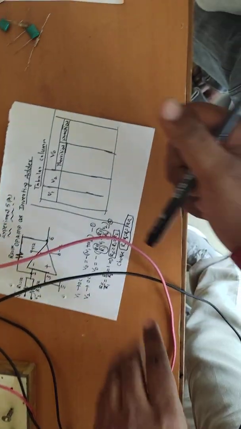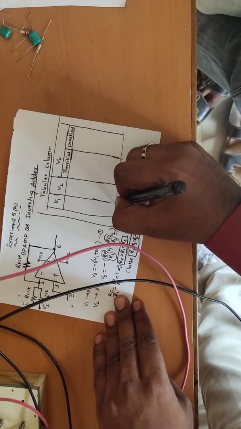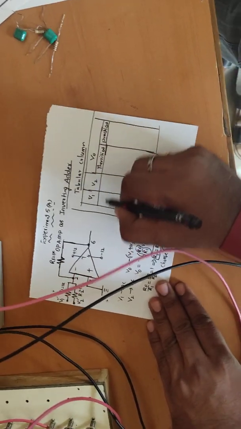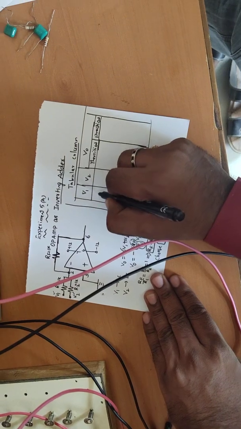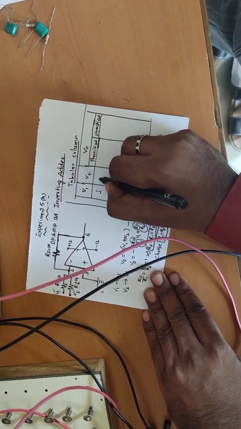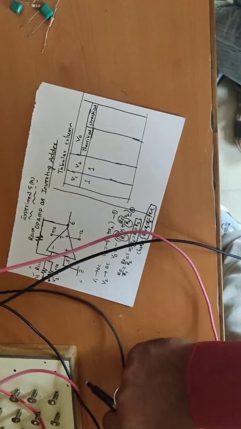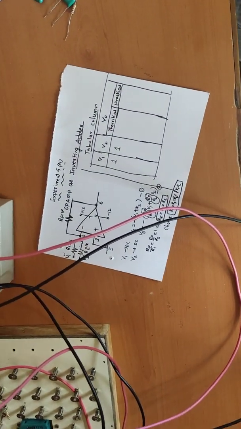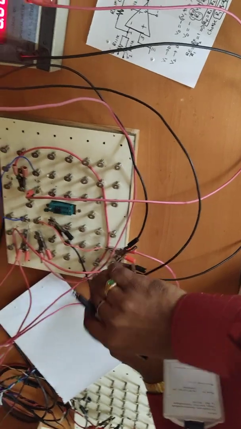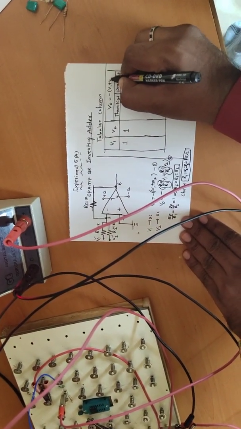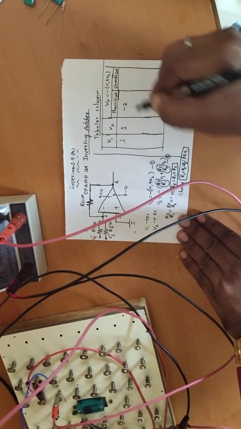So now I will give finite values for V1 and V2. I will demonstrate the adder working for 2 different values of V1 and V2. First let us keep V1 and V2 both equal to 1 and 1 volts. Then we are going to get the theoretical value. So connect all the ground points to one common point. So all grounds are connected to one common point now. The theoretical value is minus of V1 plus V2. So theoretically it is minus 2.